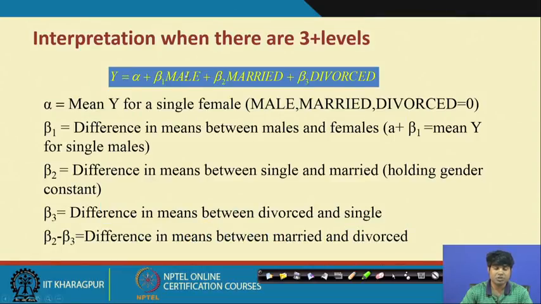Compared to this, the model available here is linear, where we are just regressing y on male, married and divorced. Male is represented by 0 or 1. If you are male, you can say yes, and that will be coded as 1. If not male, then you say no, and that will be coded as 0. Similarly, married: you are married or unmarried without any issue of male and female, which we have already taken care of in the first dummy. And in the third dummy we will be asking divorced or not divorced. That will come just after marriage. So, if there is a marriage, then the issue of divorced or not divorced comes into the picture.